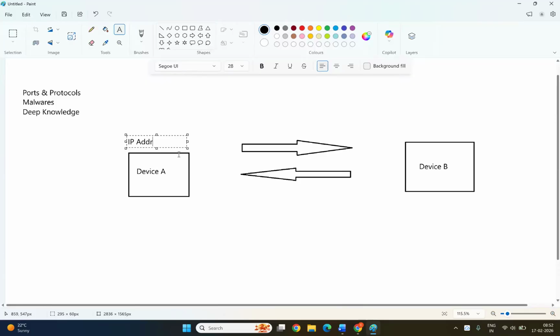Maybe if it is in a single room, that would be a different thing. Or else we can say IP or MAC also. We can simply say the IP is a virtual address, MAC is a physical address to any device. So the other thing is,